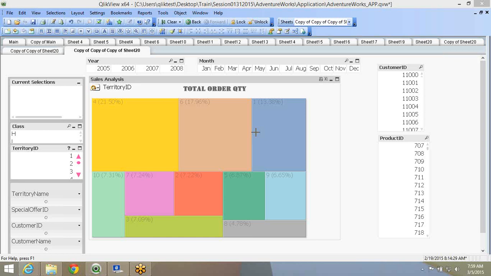So it will give you squares, the overall big squares are for the territory ID. And within that big square, this heading 4 is 21%, 750. Within that heading, it goes to the next dimension level.